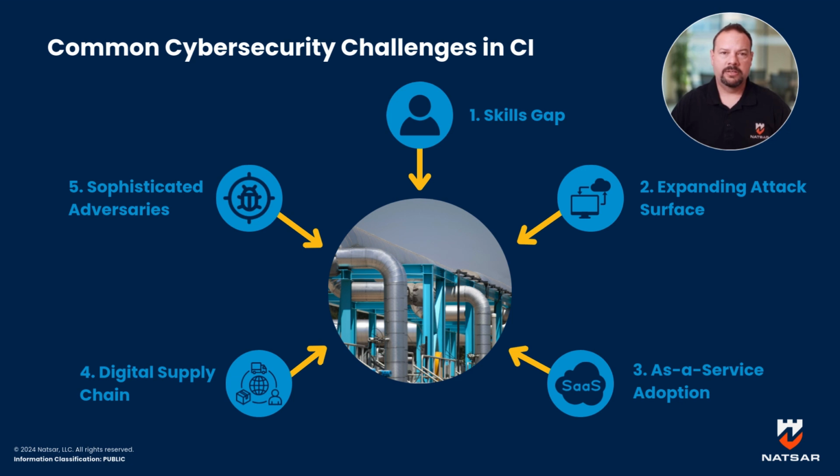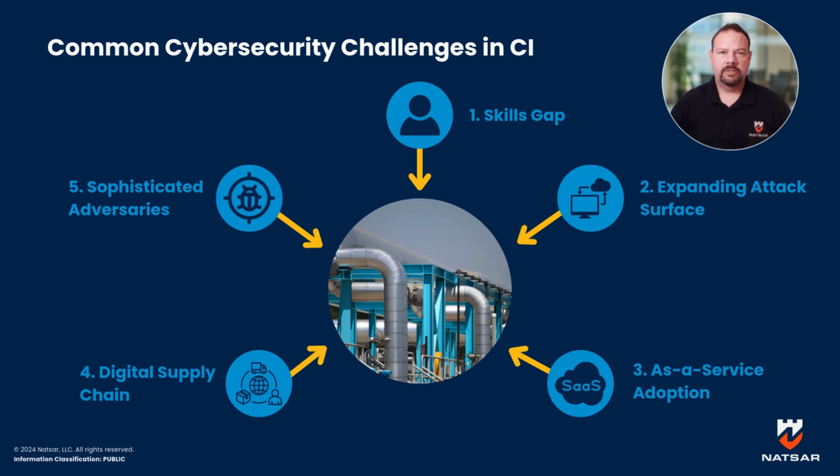So there's a lot of supply chain issues to be aware of. And then finally, number 5, sophisticated adversaries. We certainly have to worry about the script kiddies that are just trying to get into whatever they can get into, but that's not what I'm talking about in this presentation. We're talking about state-sponsored, in some cases, military organizations, sophisticated adversaries that know what they're targeting, and they are intentionally going after critical infrastructure, whether it's in the United States or other countries, to debilitate a location.